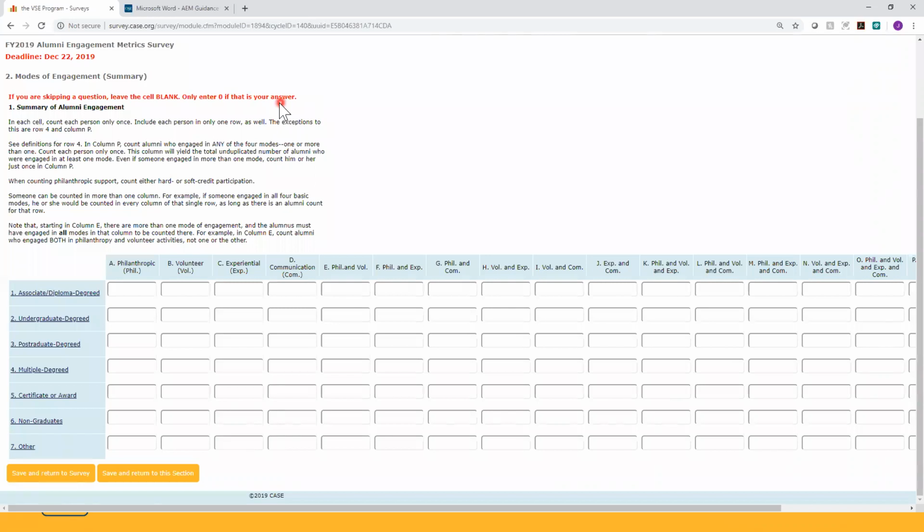So now that you have a good understanding of the modes, let's talk a little bit about the other columns of information that you see here. If we examine columns E through J, you'll see that we have a place for you to indicate counts of alumni who are engaged in at least two modes, meaning that someone must be engaged in both of the modes to be counted. So, for example, if we look at column E, then we should only count individuals who were both engaged as volunteers and donors, not one or the other. Scrolling over,